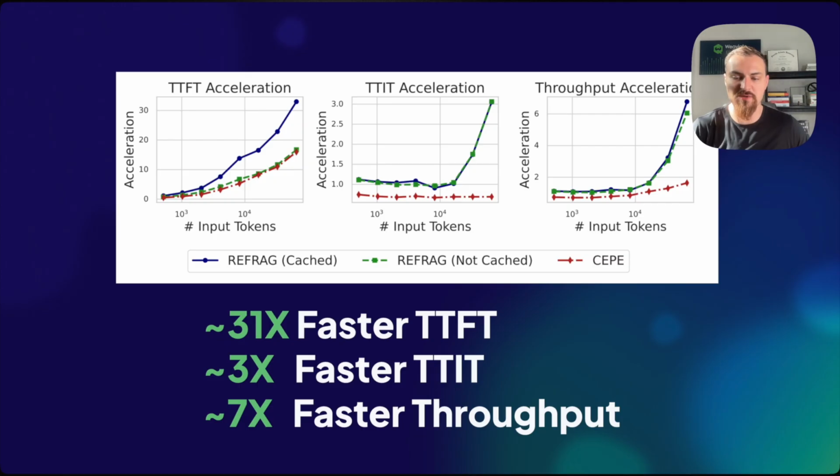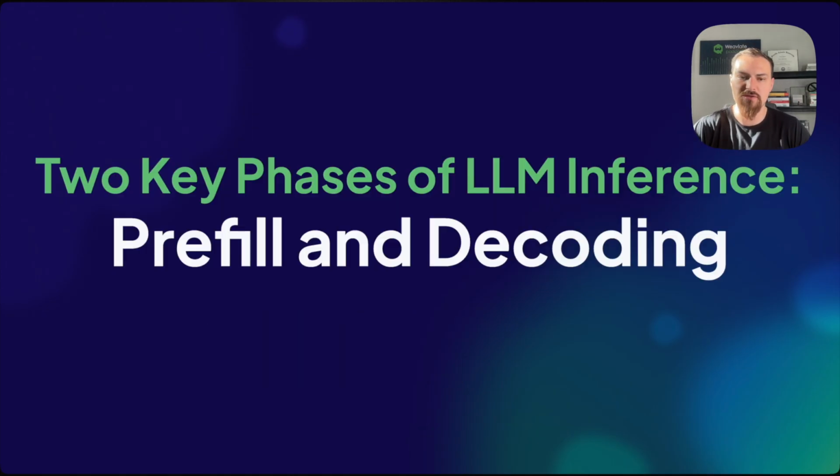This is once the transformer starts generating, how quickly it can generate the next token. And you have 7 times faster overall throughput by using REFRAG. So already I think that sells the benefit of REFRAG and inspires the excitement in it. It's just way faster than these decoder-only transformer models, not to mention that it can process way longer context inputs. So to step a little into why this is faster without going too deep into the math,